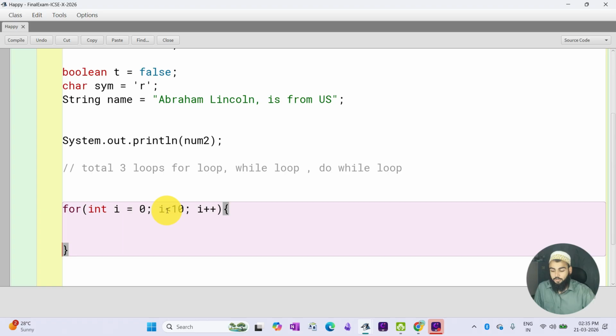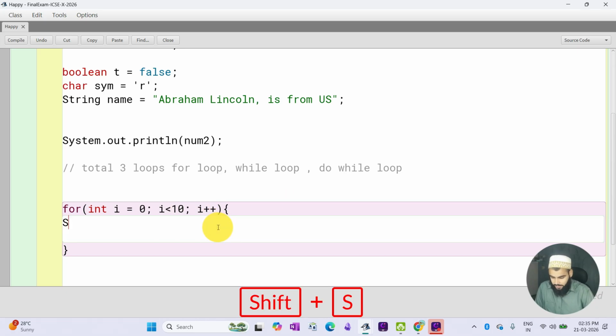Why not 10? Because 10 is not lesser than 10. 10 is equal to 10, but we didn't put the equal sign there. So what we're going to do is check the output. I'm going to write here